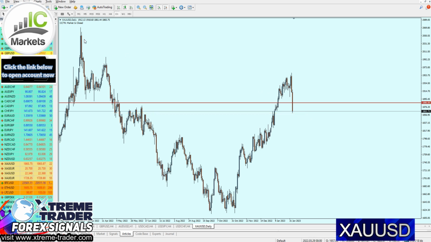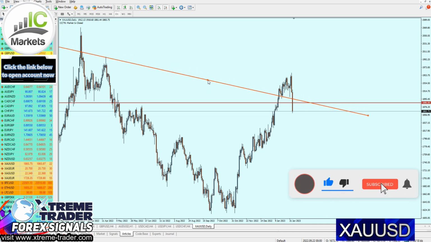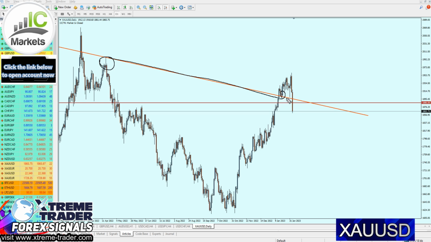1886.08. Of course, another way to confirm this entry is by simply drawing here a resistance trend line, just like that. And what we will do next is simply drag the very same resistance trend line and place it just right there. Now we can see right here that was a strong key resistance trend line, which has also become a support trend line multiple times before finally making the bearish breakout. Now we can expect a pullback, and that level of the resistance trend line is going to be respected, and that level of a nearest resistance as well is going to be respected as well. And of course, all of that being said on the daily chart.